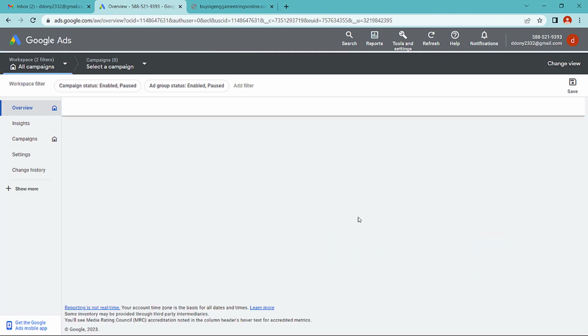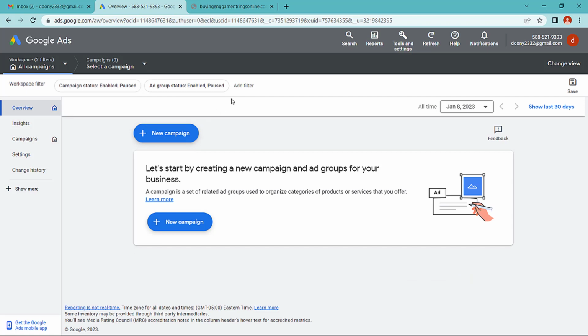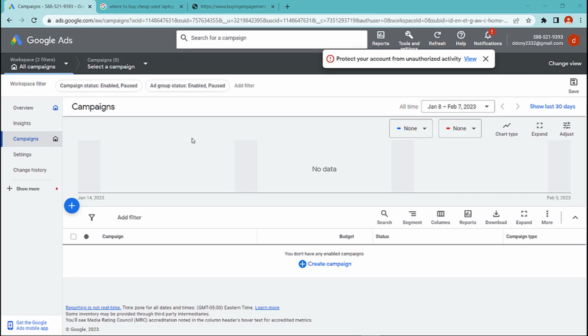This is the new interface of Google Ads or Google AdWords 2023. Click new campaign. Okay, it's brand new in Google Ads.